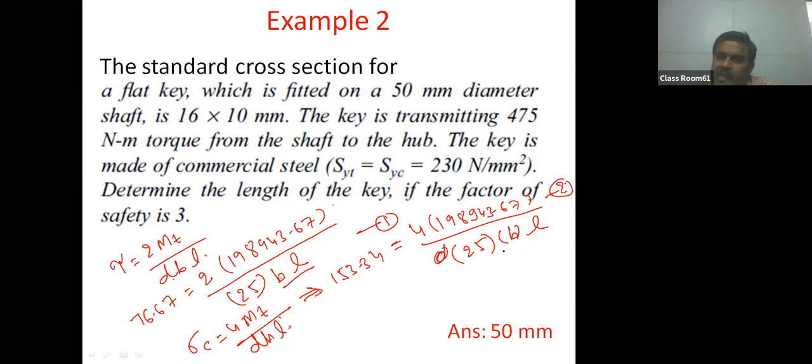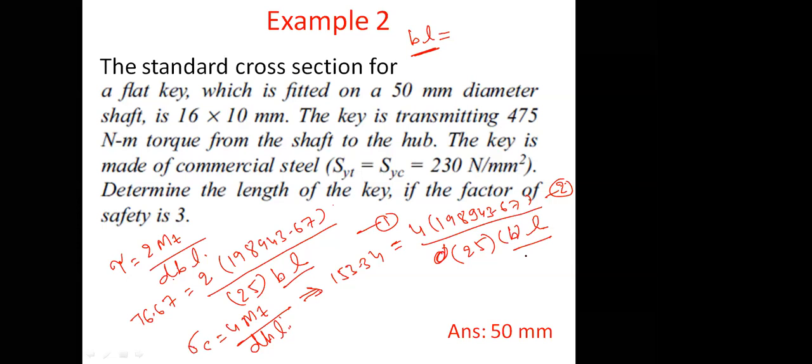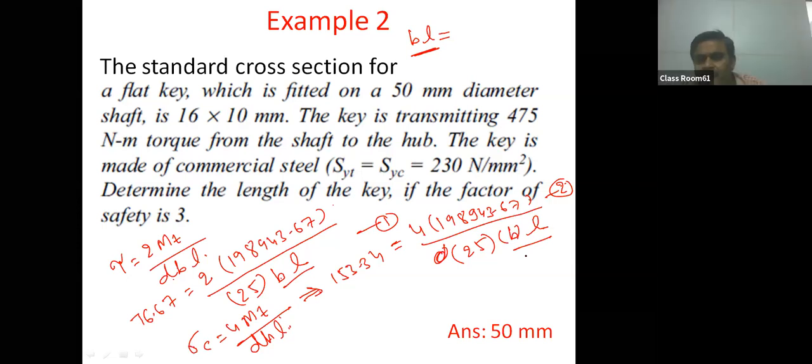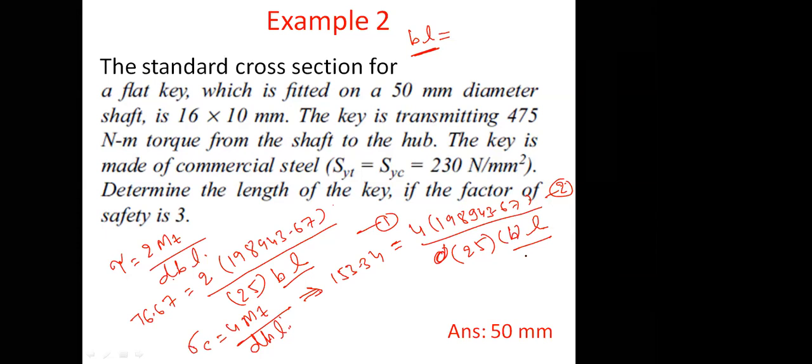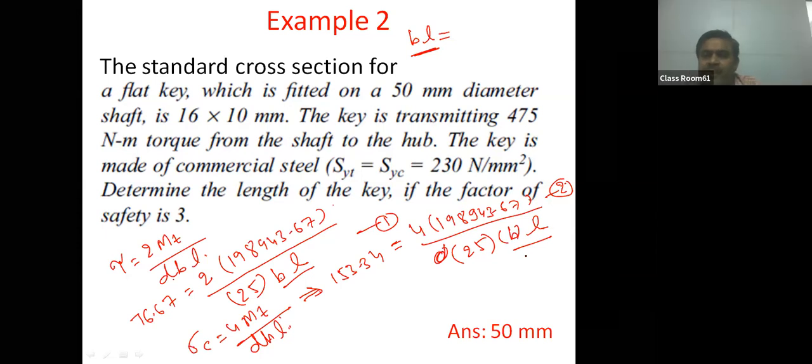So here is also BL, here is also BL, two unknowns. You will get some value for BL from here, and some value for BL from here. So this problem cannot be solved. Can we solve it? How? No sir. B and L, right? So what will you do? You will take the maximum value of BL. You will get some value of BL from here, some value of BL from here. So you take the maximum value of BL.